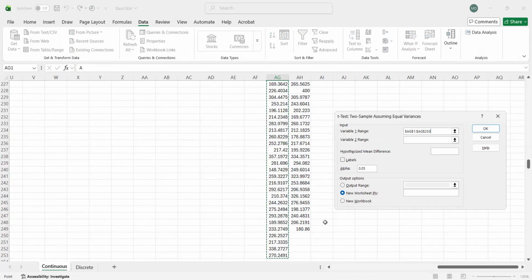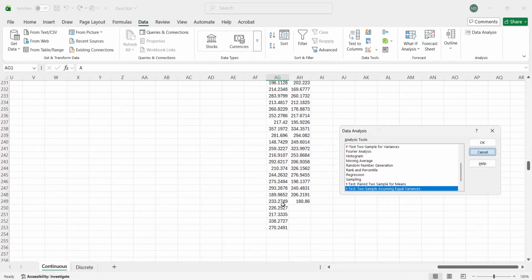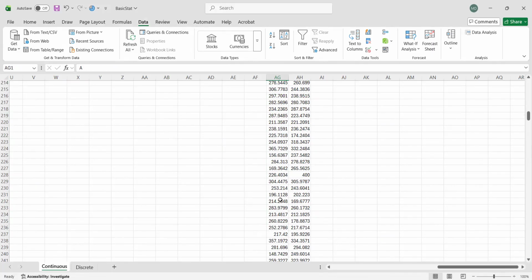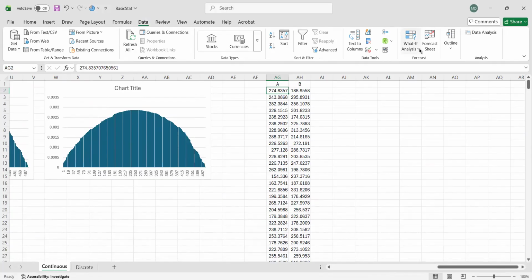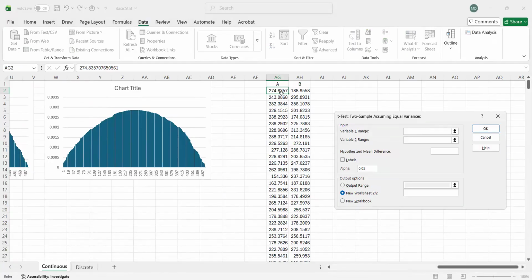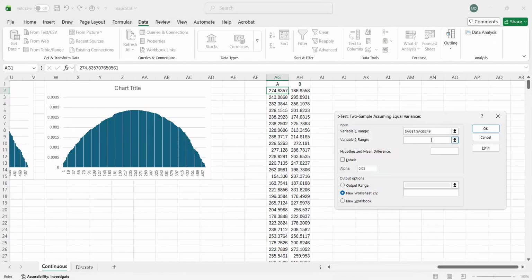I'm not sure why they're not the same. So I'll just remove this for demonstration purposes so that they can have an equal number of data points. Something's wrong with my numbering, I think. Anyway, click this one and then select your first column, including the header. Then do the same for the other one. Click and then select